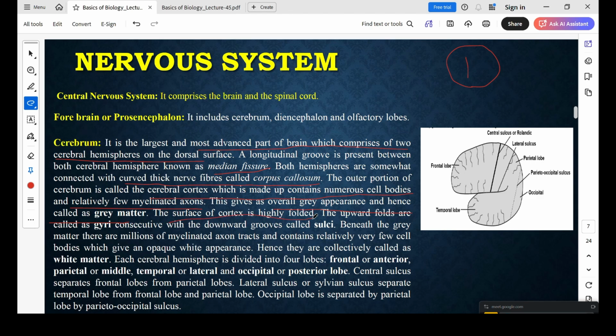The surface of the cortex is highly folded. The upward folds are called gyri, consecutive with downward grooves called sulci. So these folds that are present in the human brain are not present in some certain lower animals. This is especially important in the case of the human brain, because it increases the surface area available for information exchange, for information storage,